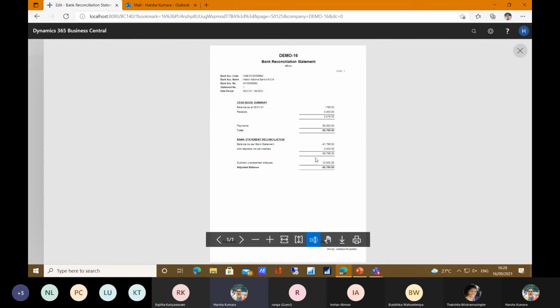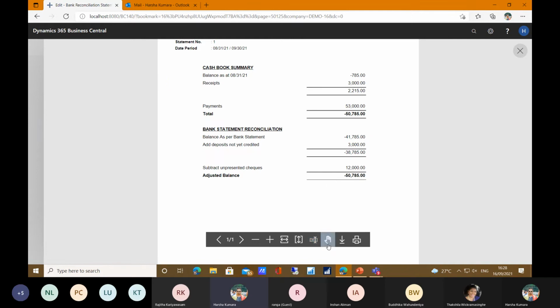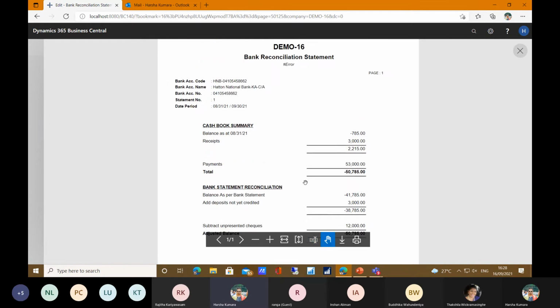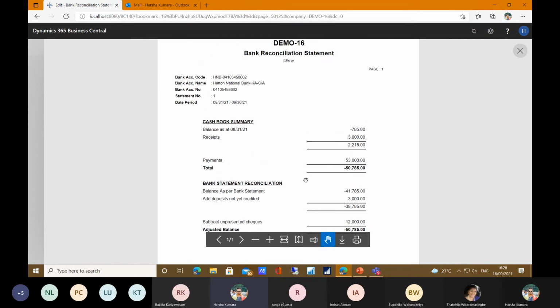Once we click the preview button, we can see the statements generated in my posted bank reconciliation, with account code, account number, and statement number. The statement number is very important because when you do your month end processing, the statement number is mandatory, because you can't skip from statement 1 to 3. You have to go through 1, 2, 3 in order.